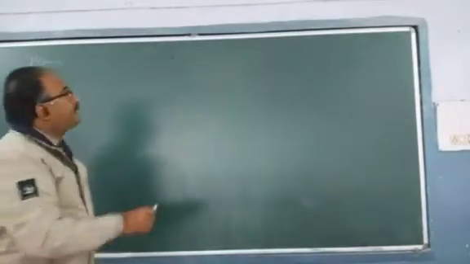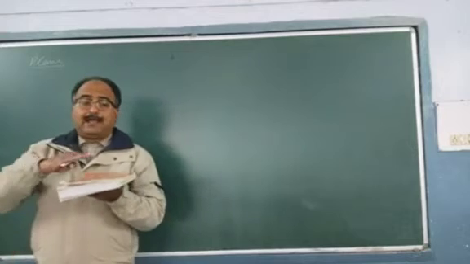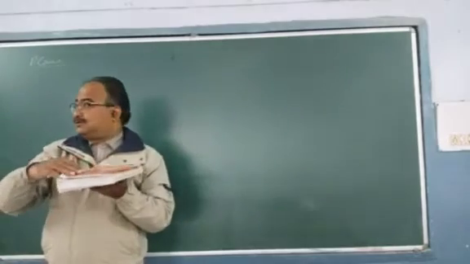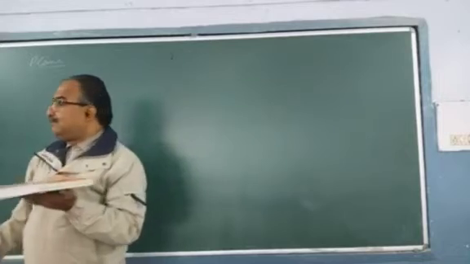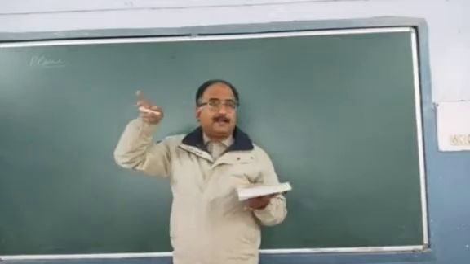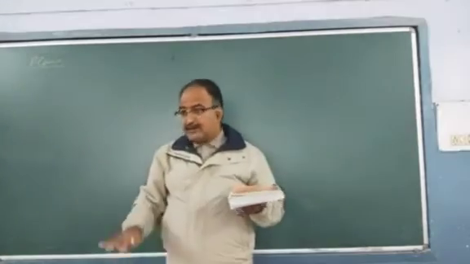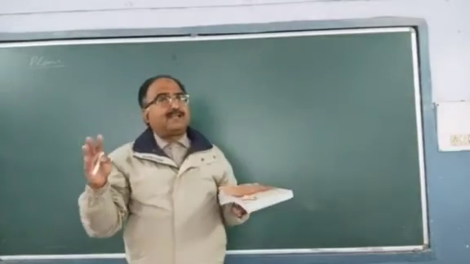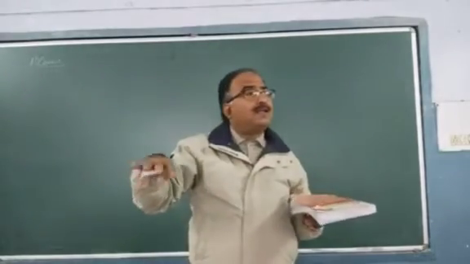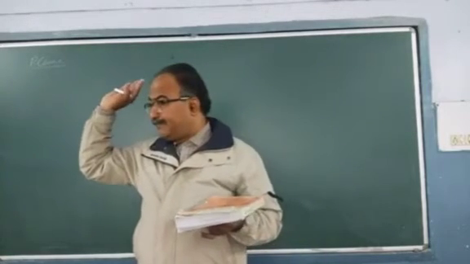Now see, I am going to discuss with you the plane. What is a plane first of all? I have this book in my hand, and this is the surface of this book. It is one plane. Another plane we have seen: the surface of this board is a plane, and the third plane is the top of the table. In simple language, the top of the table gives us an idea about a plane. It extends in all directions indefinitely.